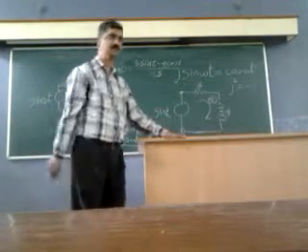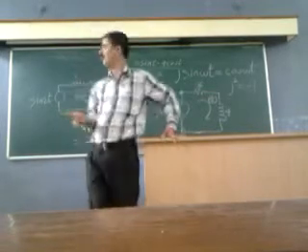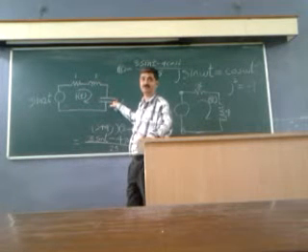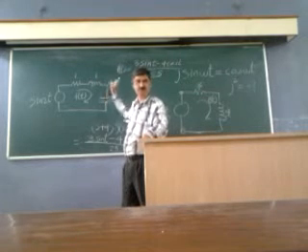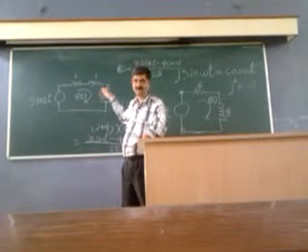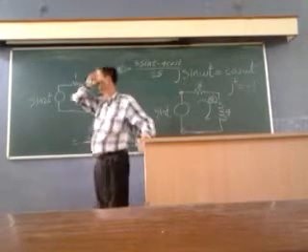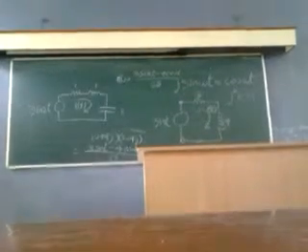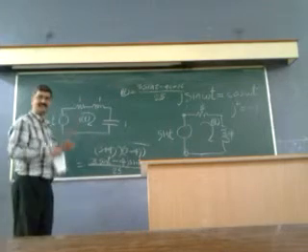Compute IT again. It will not be the same. The impedance is now 2J and 1 upon 2J. So it's not the same now. It was J and 1 upon J. 1 upon J is minus J, right? Therefore they were cancelling out each other. So it is 1. Now it's a bit simple arithmetic.